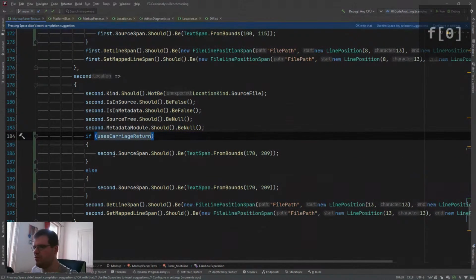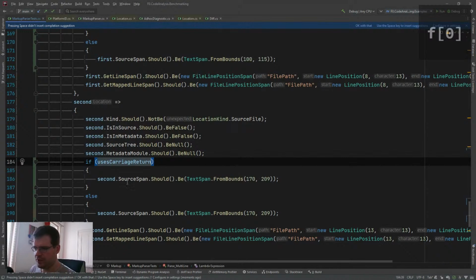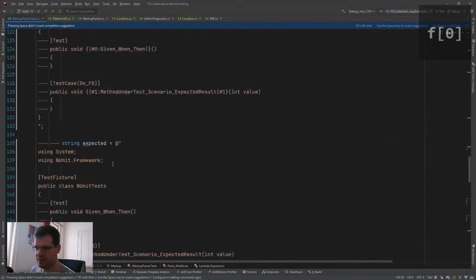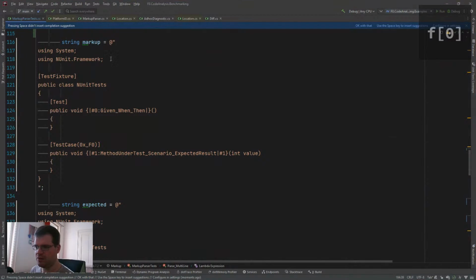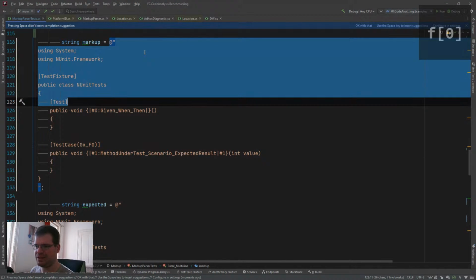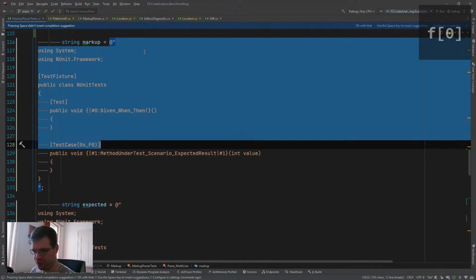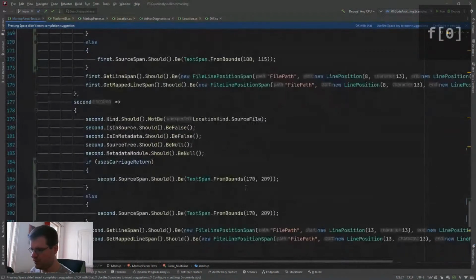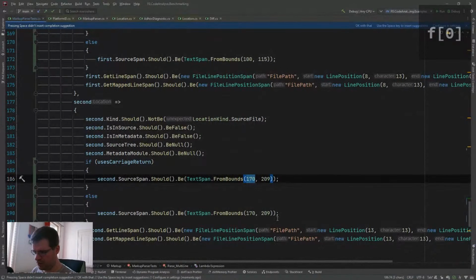And if it has the carriage return, then, okay, where's the second diagnostic? The second diagnostic is here, and we have 1, 2, 3, 4, 5, 6, 7, 8, 9, 10, 11, 12, 13 line breaks here. So we need to go -13, which is